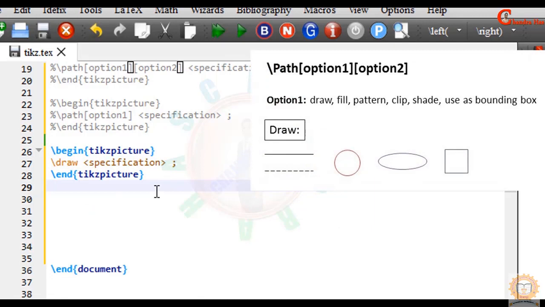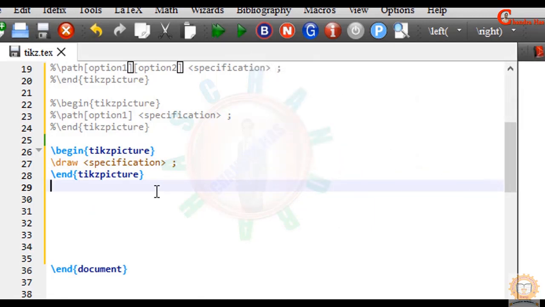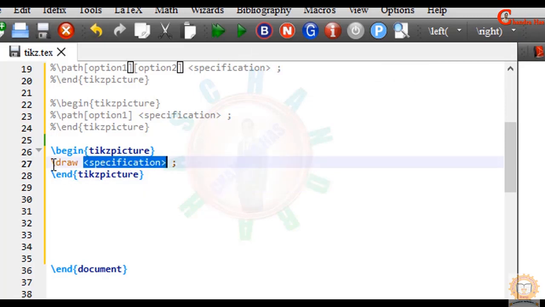One important point which you should always remember, that path is always started by coordinate of the starting position. Okay. Coordinate is written in a round bracket. So after specifying path, we'll have to write the coordinate of the starting position. Okay. So we'll use a round bracket. Here initial point will come, starting point. Okay. For example, I am taking 0, 0.